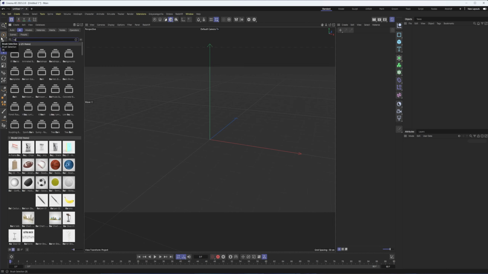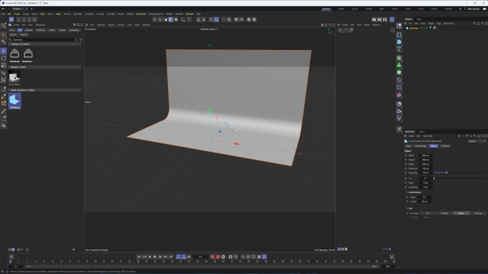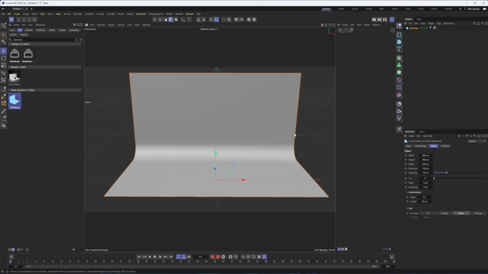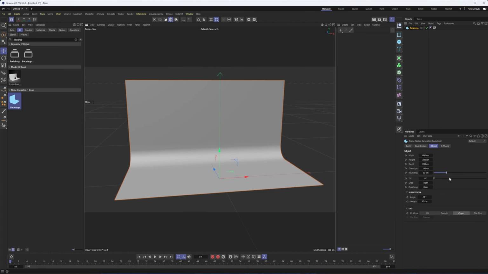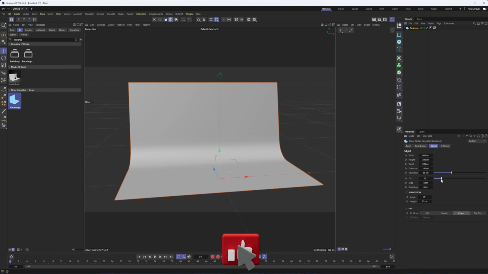Another one they mentioned that has actually been in here a little bit previously, and I was going to make a video about it, is the backdrop primitive, which I think is really kind of cool and nice. I make these quite a bit for different product shots, videos, that type of thing. And so having one that I can just quickly pull out here, adjust, say, the rounding, the tilt, as well as some of the subdivision options is great.